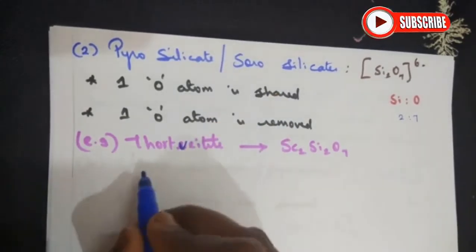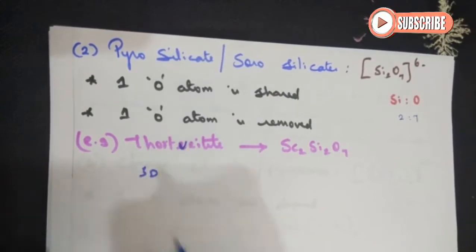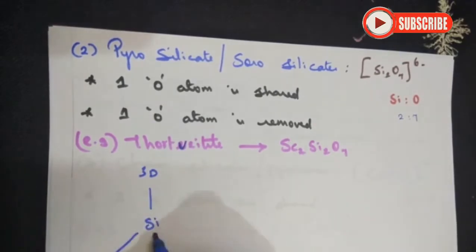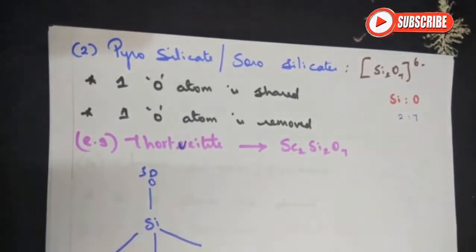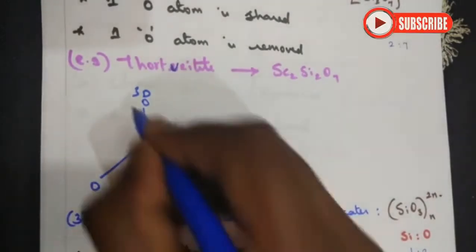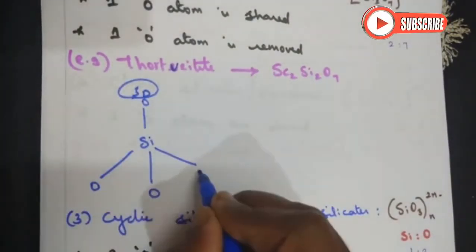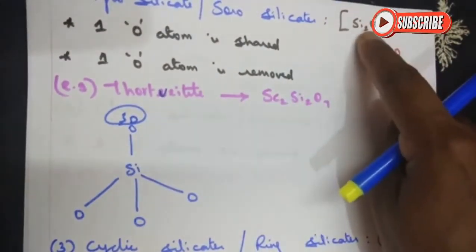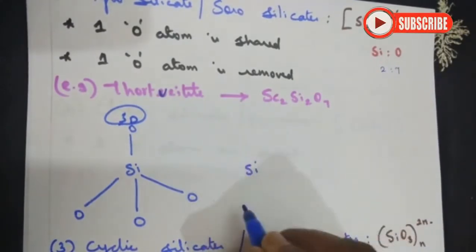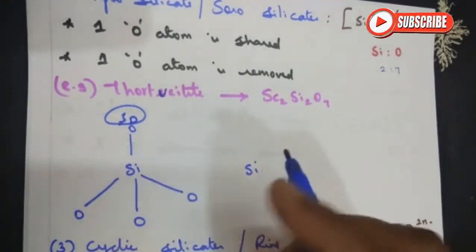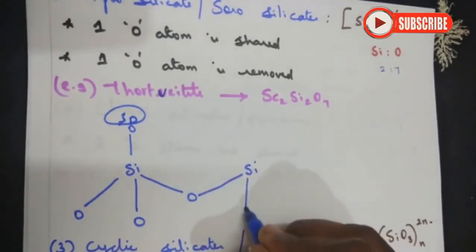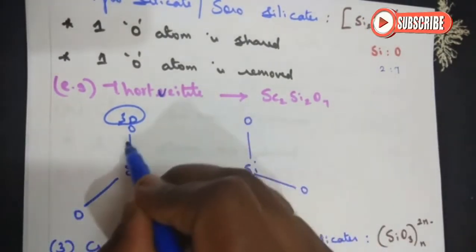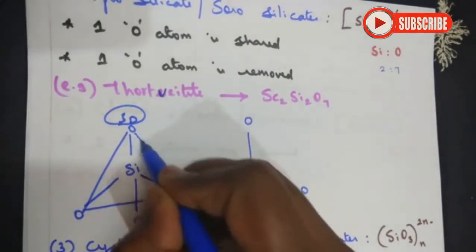Let's see the structure of it. As usual, the 3D structure of pyrosilicate. Silicon we have. They are bonded to 4 oxygen. So 1, 2, this is the 3D shape of it, 1, 2, 3, 4. This is for 1 unit of silicon. Si2, when we say 1 more unit of silicon, that is also bonded to 4 oxygen. So 1 shares it here, 2, 3 and 4. So if we draw the 3D shape of the diagram, 3 are on this plane.